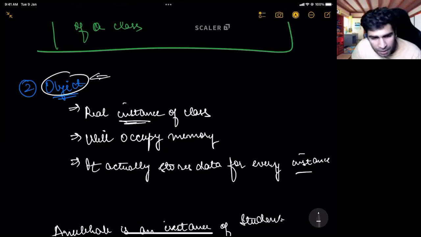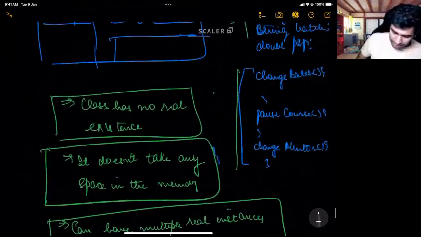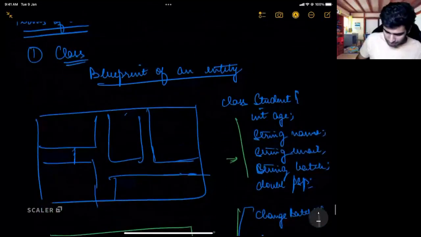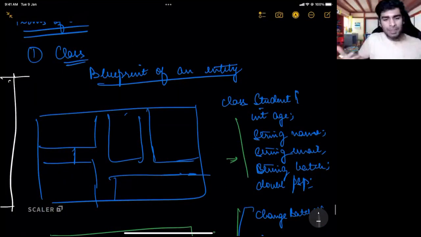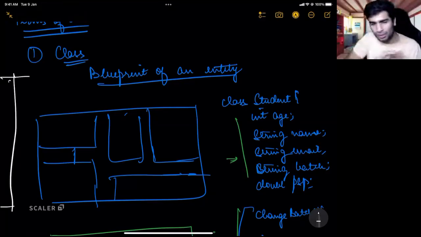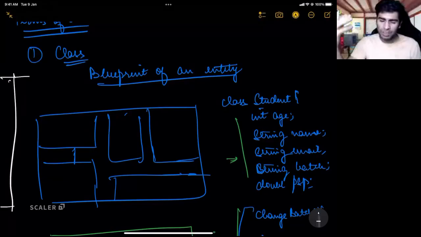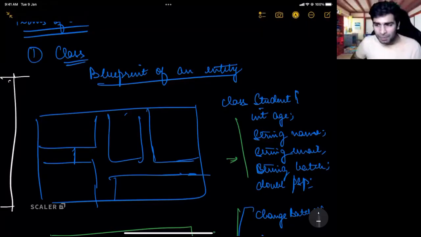Perfect. Now, I think there was one question that I am probably missing. Okay, difference between instance and implementation. See, implementation is the class. You don't implement an instance. You implement a class, and you then create multiple instances out of it. So instance and implementation have no relation between them. It is just like the difference between apples and oranges. Implementation is writing code. For instances, I'm just creating an instance out of it.